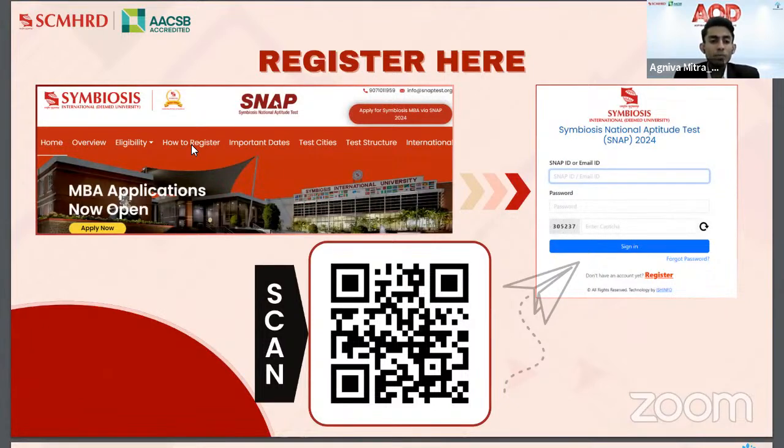Now, in case you have not registered for SNAP yet, we have the QR code right here. The reason being that oftentimes when people want to register for a particular exam, they search it on Google, and there are a lot of different links, which makes it very difficult to find out which is the actual link to go for. That is why we have over here the QR code for the snaptest.org website, wherein you can go and at least bookmark this page right now. You can make the payment later on, so that later when you want to register for SNAP and the various institutions that come under it, you can do so without having any problems.